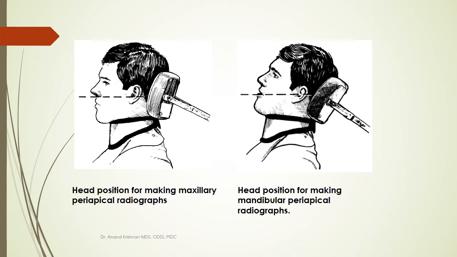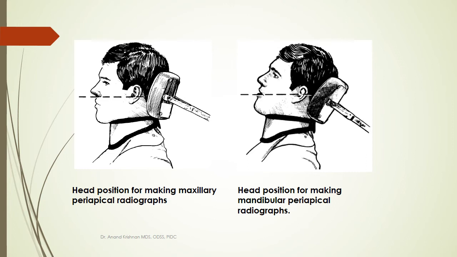So what you do is tilt the head a little bit, because after you place the film inside the patient's mouth, the mouth is not going to be closed. It is going to be a little open, even though the patient is biting on a snap array, bite block, or anything like that. So the occlusal lines of the maxilla and the mandible will vary a little bit. That is why, for achieving a horizontal occlusal line in the maxillary area, your head position has to be straight, and for the mandibular area, you tilt the head a little bit backward, as shown in this image.